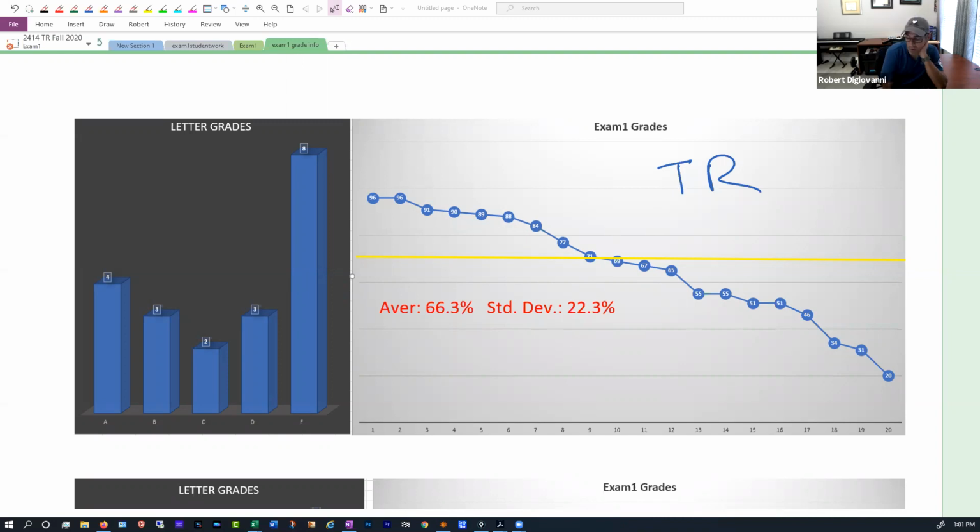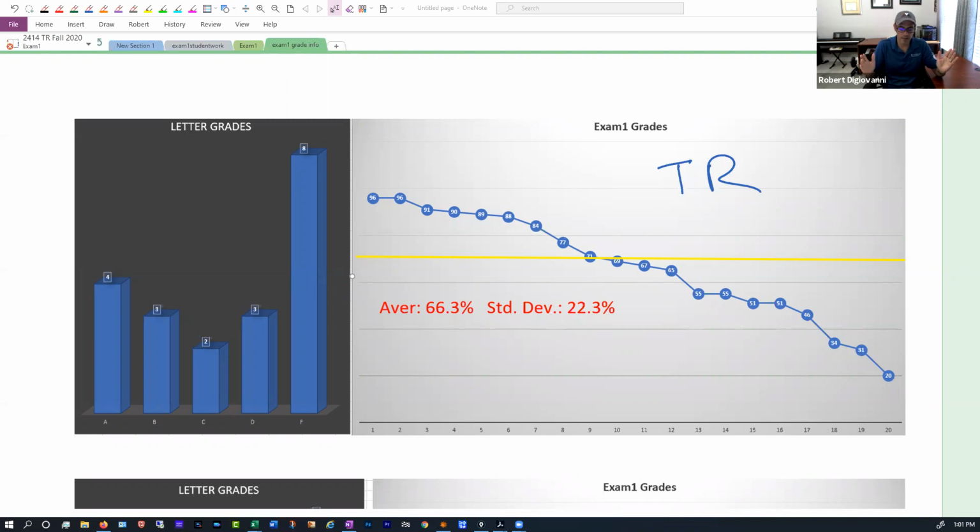All right, so in terms of this exam, normally exam 1 is a pretty decent exam in terms of students' performance. I'm a little bit surprised by the results. Class average 66.3, standard deviation of 22 points, meaning that there's a really big spread of where the grades